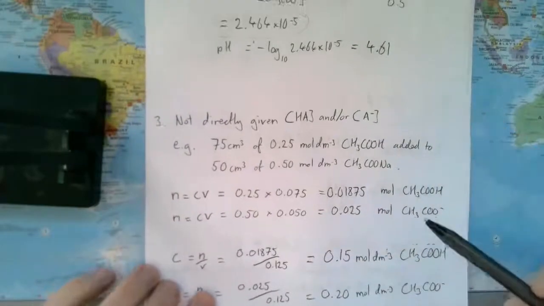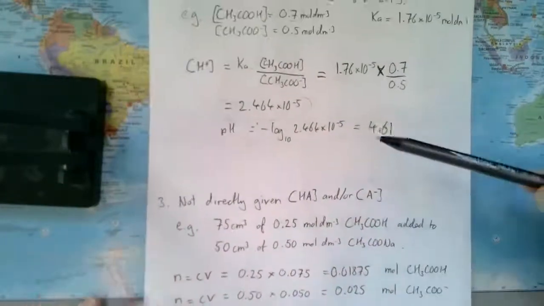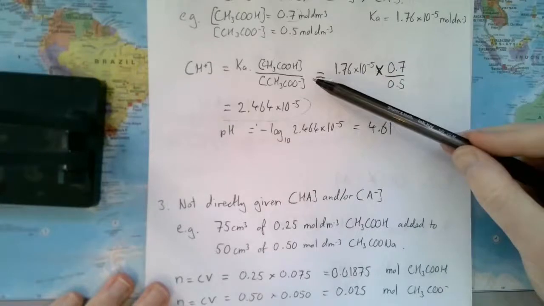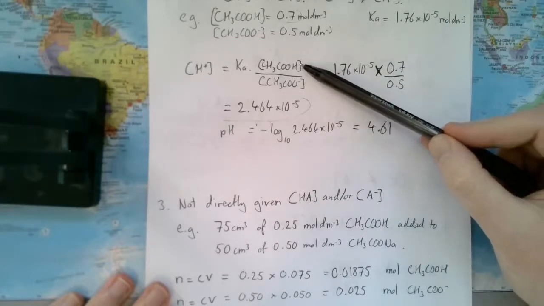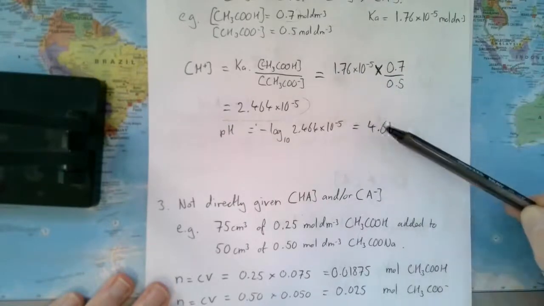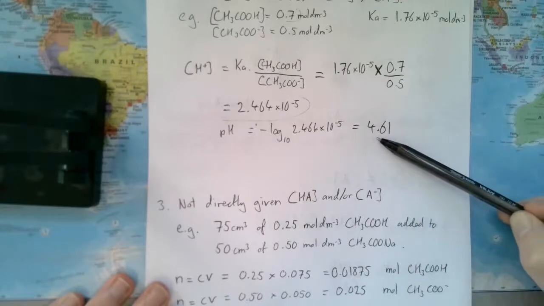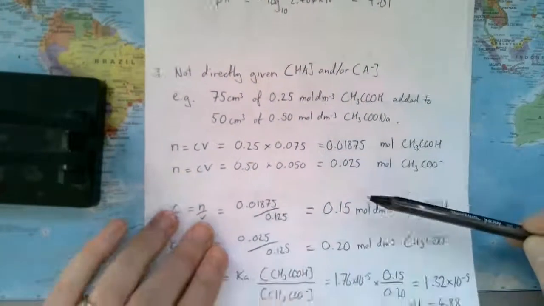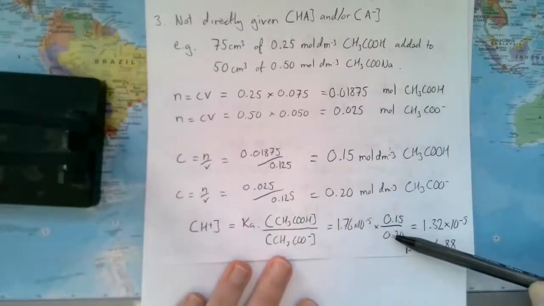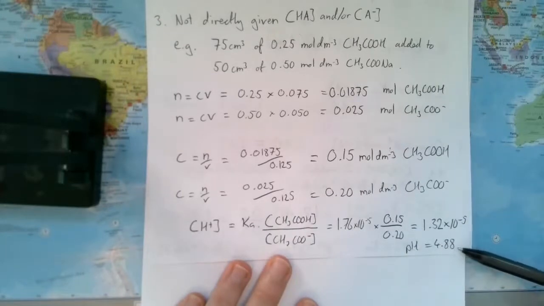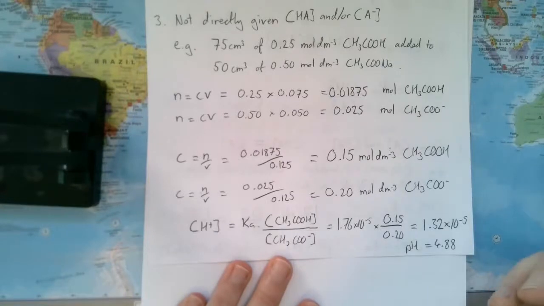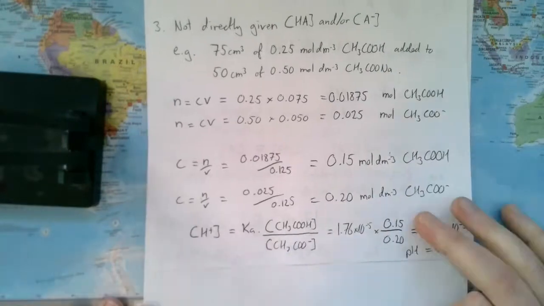Just a note on what these changing concentrations do. Here we have more ethanoic acid than ethanoate, so we end up with a pH of 4.61. When we swap and we've got more of the conjugate base, we end up with a higher pH because we have less H+ being involved. Okay,